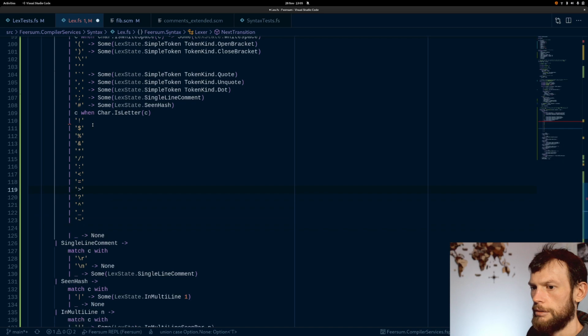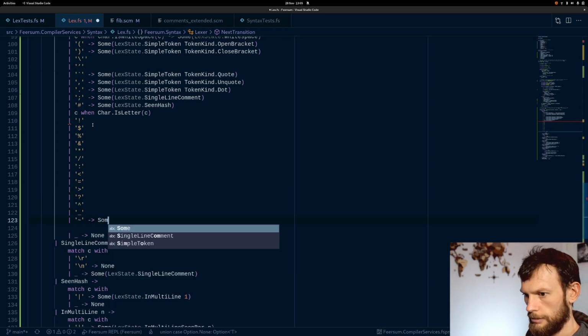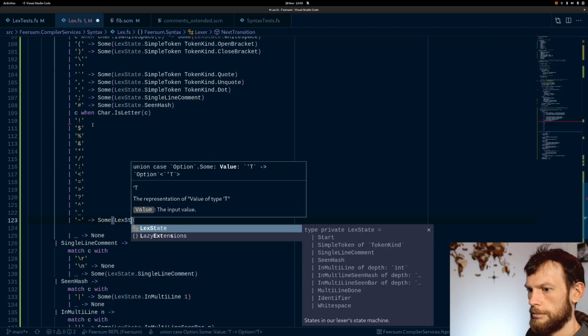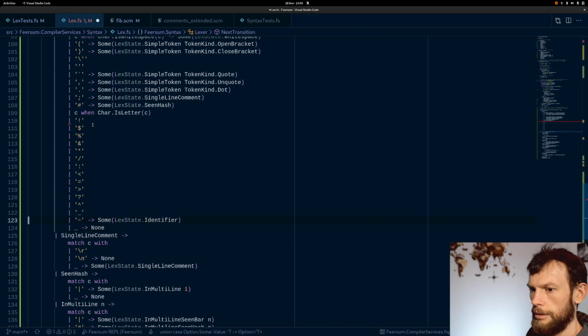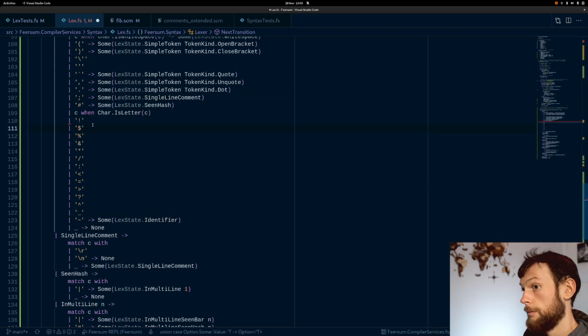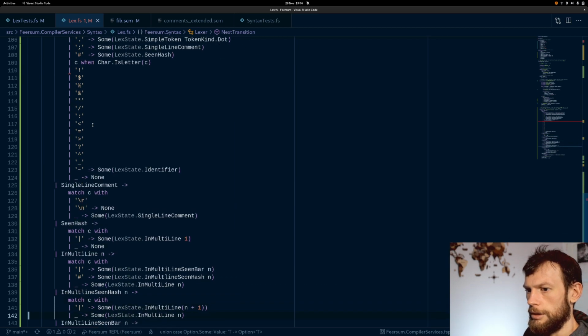How is Phantomus going to wrap this? So we get to an identifier. And when we are in an identifier,